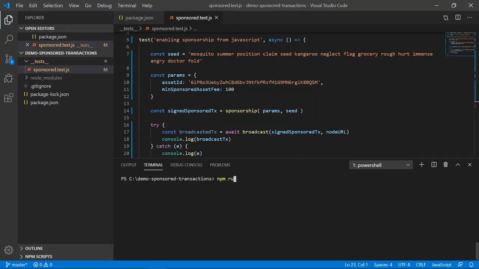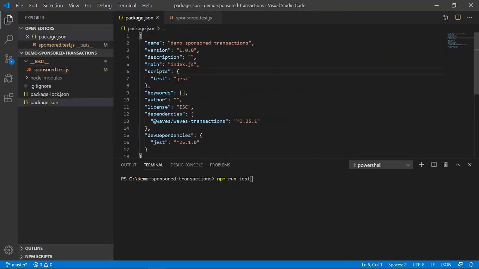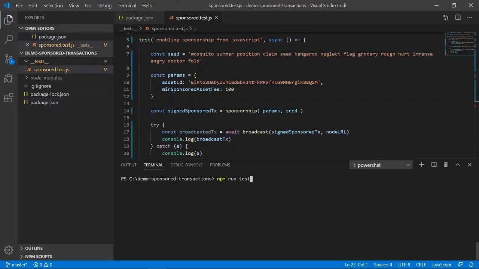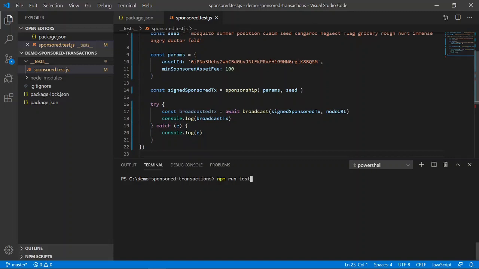So I'm going to run npm run test, which is how we run Jest. I already set that up in package.json here. I say test is jest. Since I installed Jest as a dev dependency, the jest command will be made available for us. So I'm just going to run npm run test, and if everything goes as successfully as we expect, you should see the transaction data, the transaction JSON payload of this successful transaction. So if I run that now,